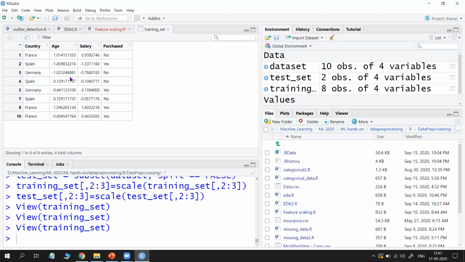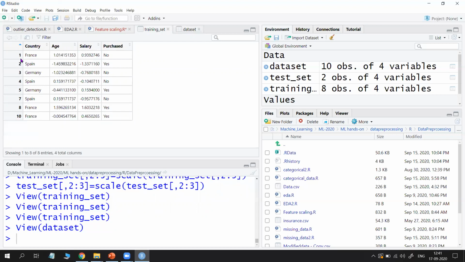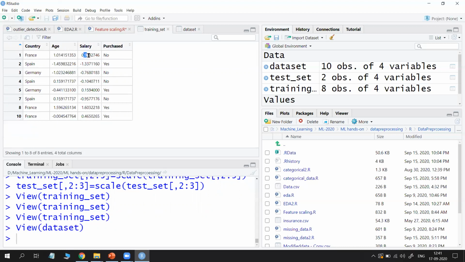Now open and observe the values, 1.0 and so on. The actual values are not like that. In the training set, the first row is 1.01, but actually in the data set the first row is 44. So the standardization formula is applied. For salary also, it is 72,000 but here 0.93. After applying the formula, all the values come between -3 and +3.